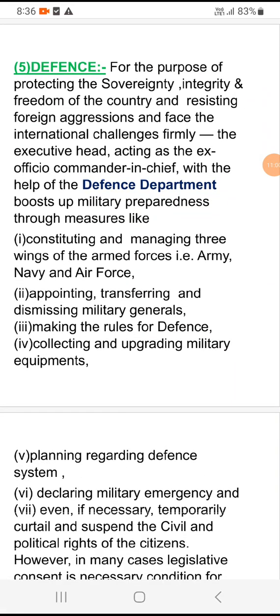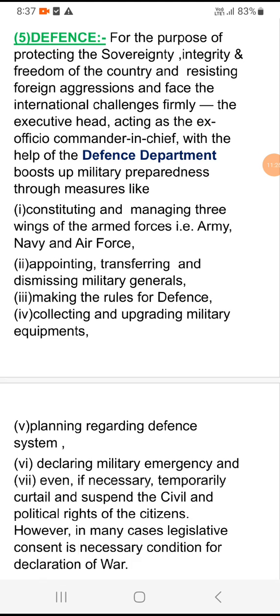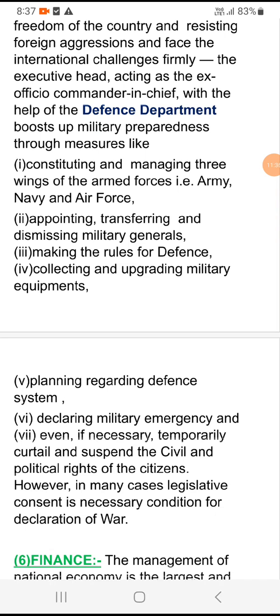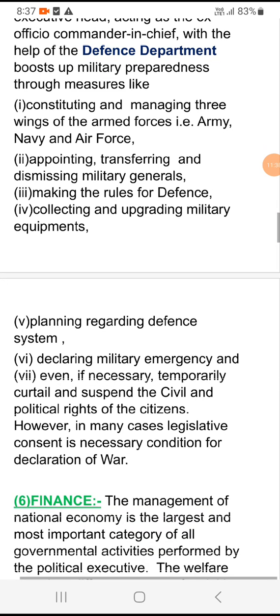Number 5. Defense. For the purpose of protecting the sovereignty, integrity and freedom of the country, resisting foreign aggressions and facing the international challenges firmly, the executive head, acting as the ex officio commander-in-chief with the help of the Defense Department, boosts up military preparedness through measures like constituting and managing 3 wings of the armed forces, that are Army, Navy and Air Force, appointing, transferring and dismissing military generals,